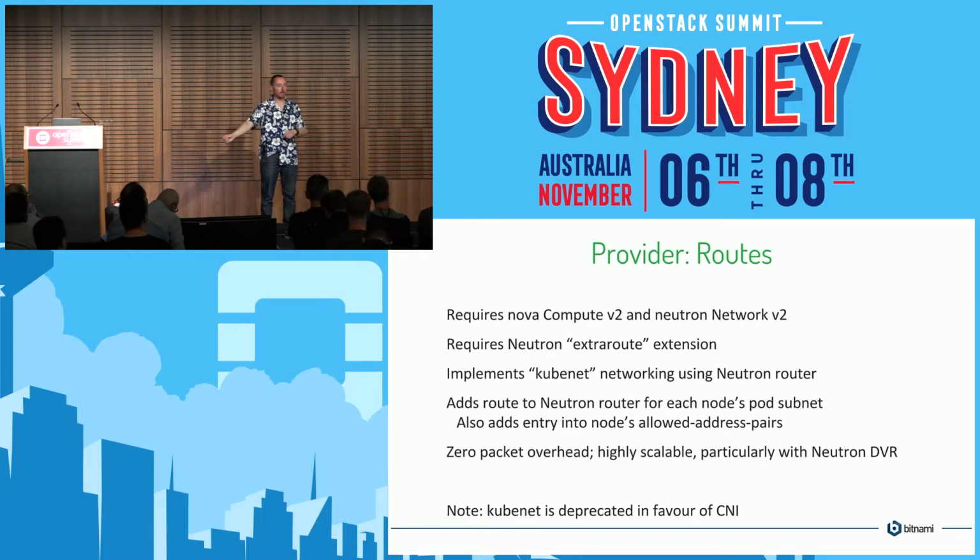It's just packets being routed directly. There's no encapsulation. And if you're using something like Neutron DVR or some other distributed neutron routing solution, then the packets are being sent very efficiently all to the right hosts with 0 configuration overhead from your point of view. Note, however, KubeNet is deprecated. The new feature is CNI, networking plugins, so this feature will probably be obsoleted before anyone even knows about it, which makes me sad, but anyway, it's there.